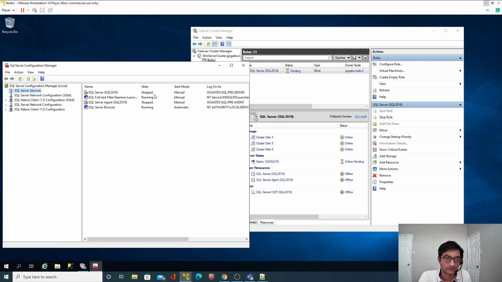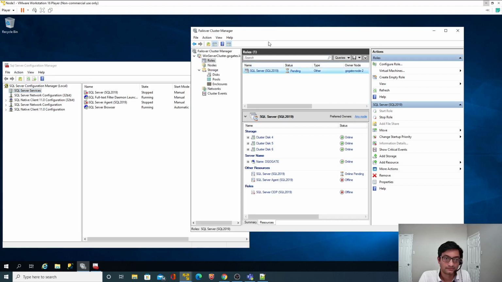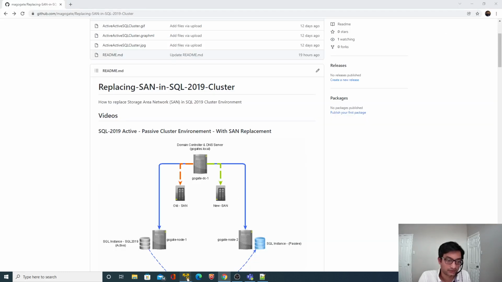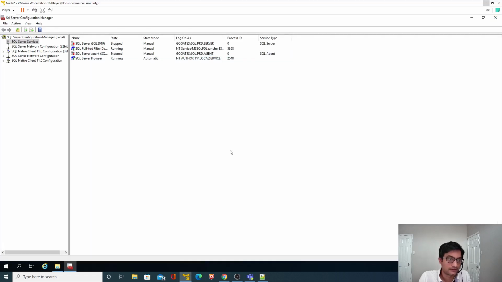See, services are stopped. Now as you can see, services are running on node 2. If I minimize this, go to node 2 and refresh this, perfect. So our cluster is working fine.